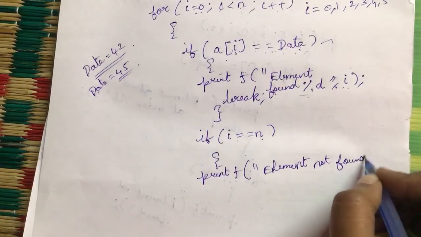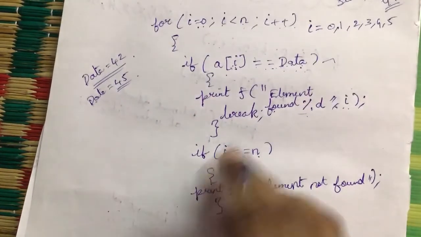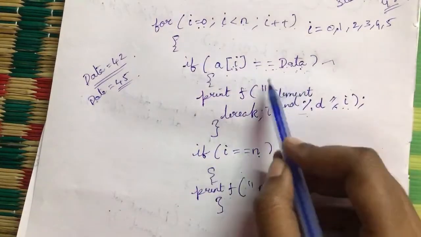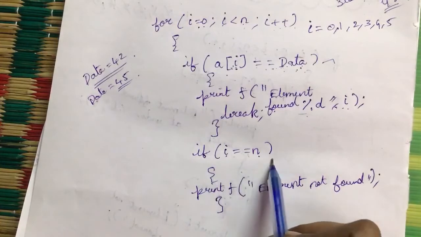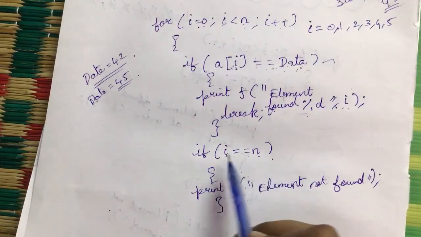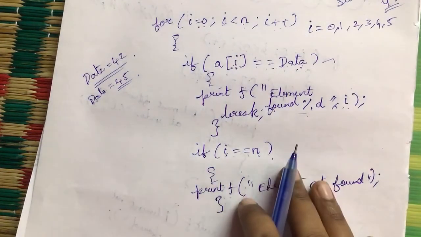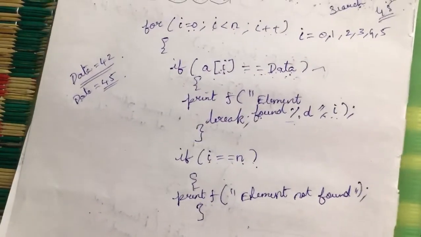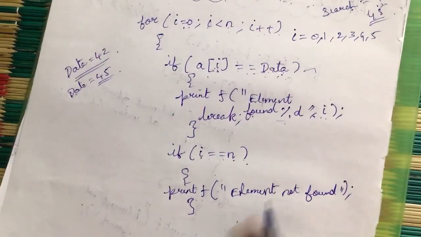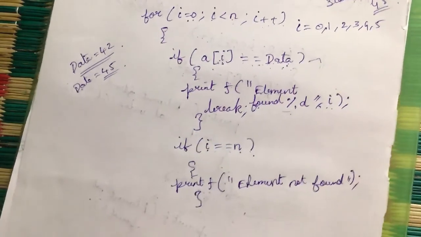If this condition is not satisfied, then it will enter the loop and increment. When i is equal to n, it will say the element is not in this array. So this is the simple program for our linear search working principle. The best case, worst case and average case will be, best case is